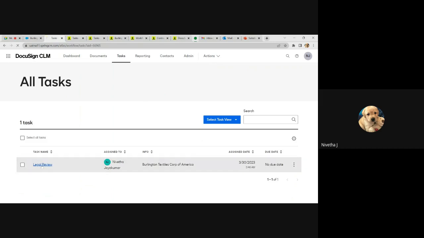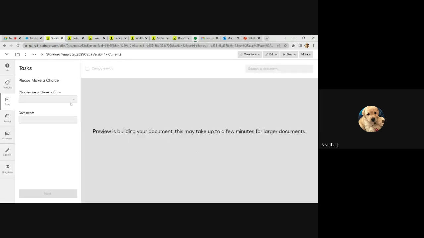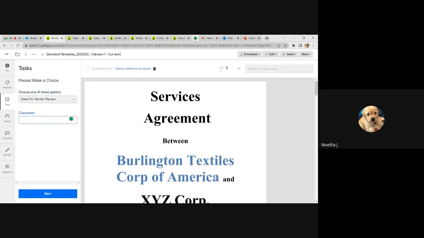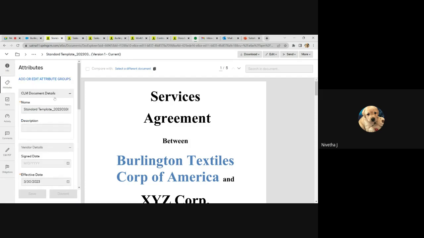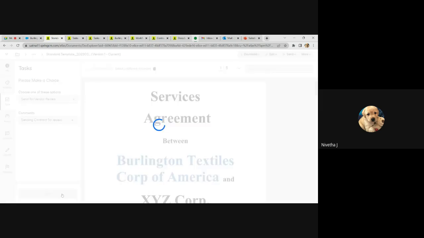Once I click the task, the legal has the right to choose the action based on his wish to send the contract. So now I'm going to send the contract to an external party for a review. You could see the attributes have been populated here and the task is here. When I click next,